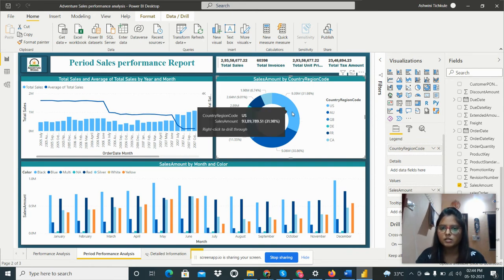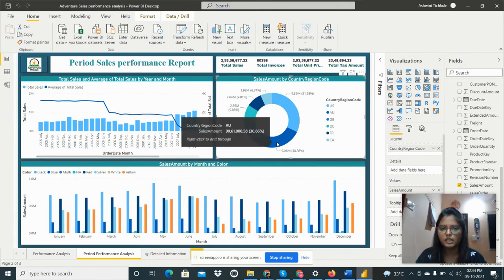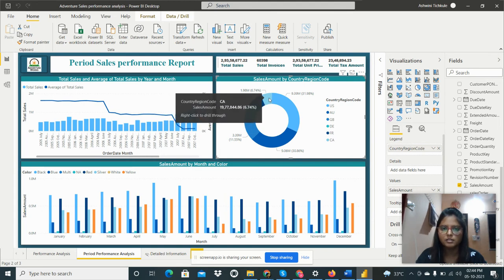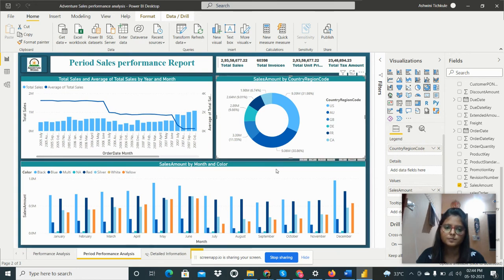So this is about the whole total, US. We can see for AU the sales amount is this. Then this is for GB. This is for DE. This is for FR, and for California. So we can analyze the sales amount by particular country from this chart.